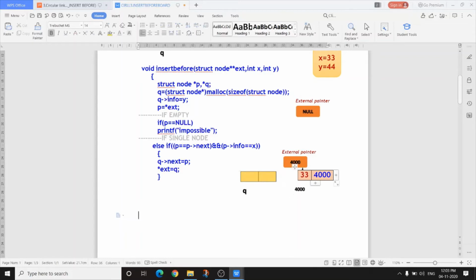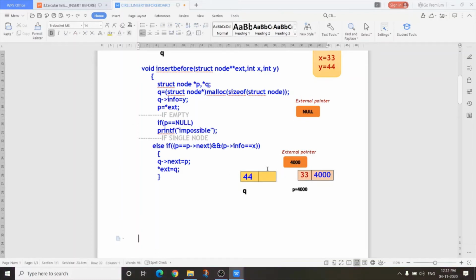And if this node info is 33, that is if P arrow info is X, this 33, now what you have to do? Our newly created node is this, and I have to insert this node before this node. This is our last node, but I have to insert this node before this node. Now when I insert this node before this node, this is our newly created last node.